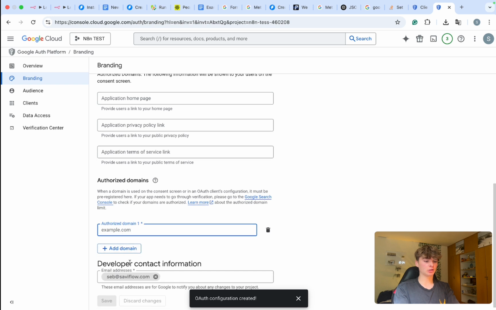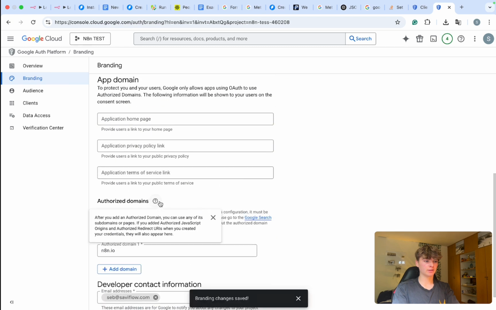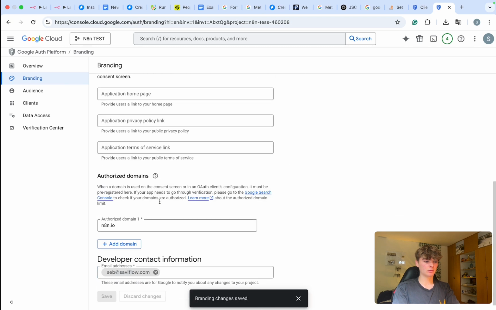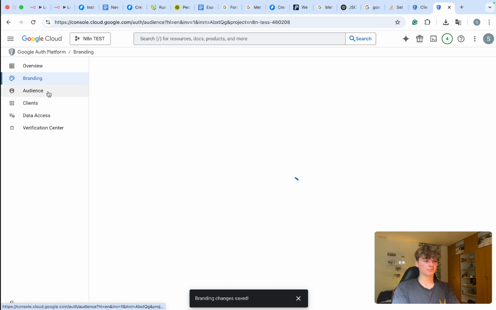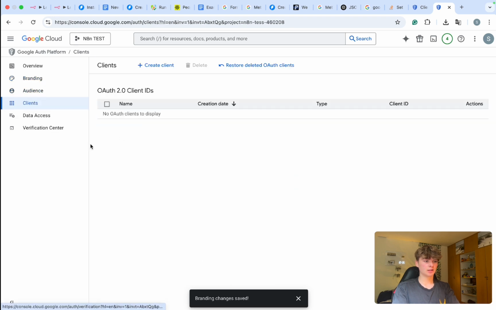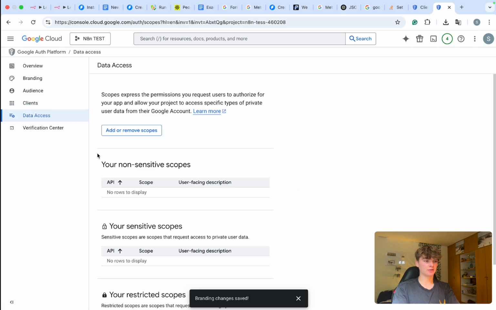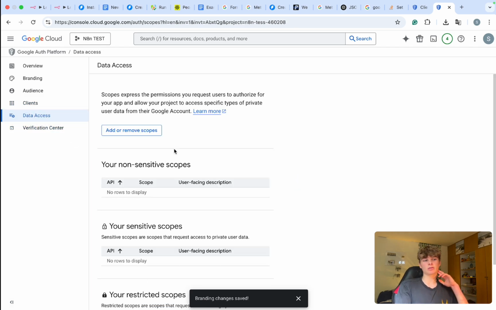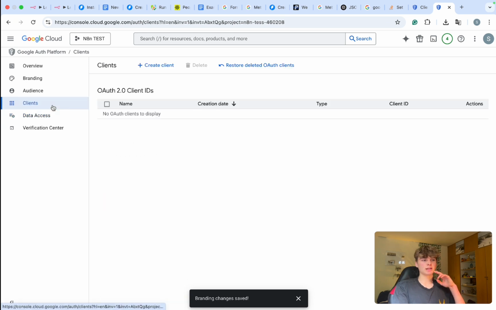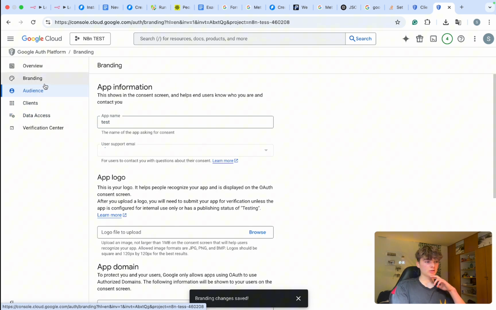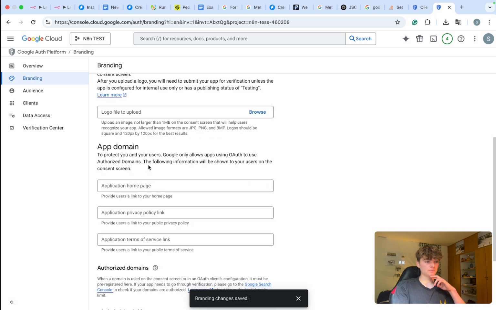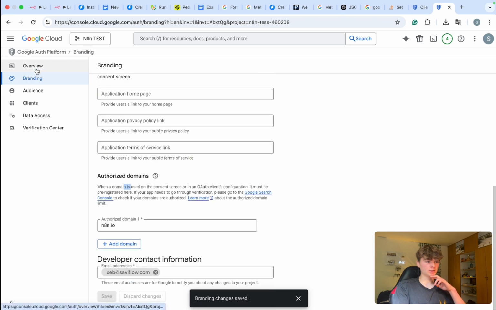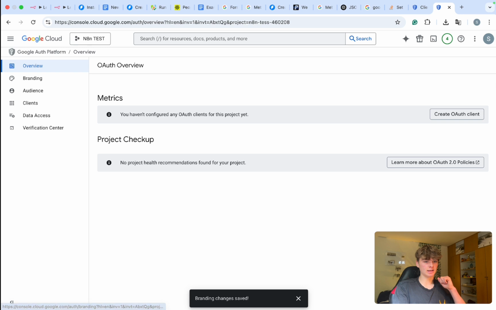Authorized domains, I'm going to do n8n.io. Under authorized domains, anything else I would want? Clients, data access, scopes will be specified. In make.com, you would have to specify the scopes, but in n8n we don't, because authorized domains, n8n, because when we create a client ID